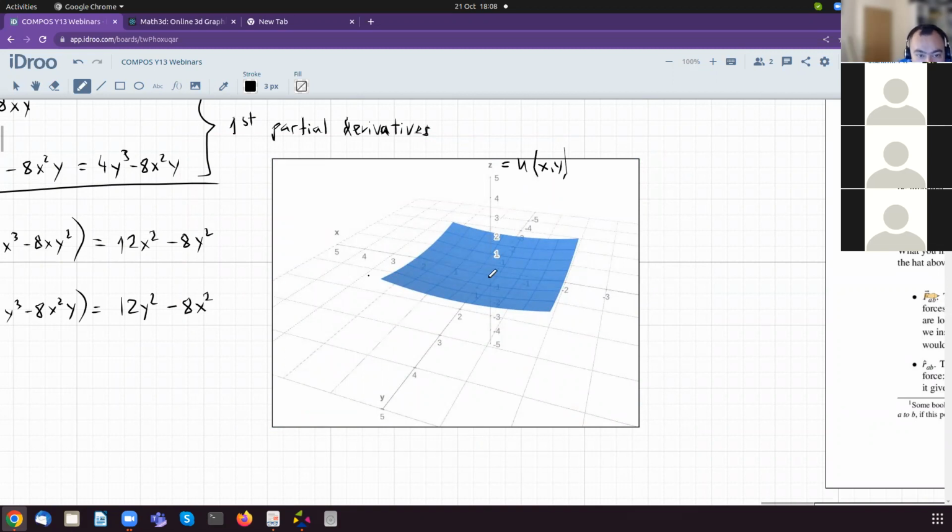And if you're at a point, let's say 1, 0, this is the rate of change. So du dx is the rate of change of z in the x direction. And du